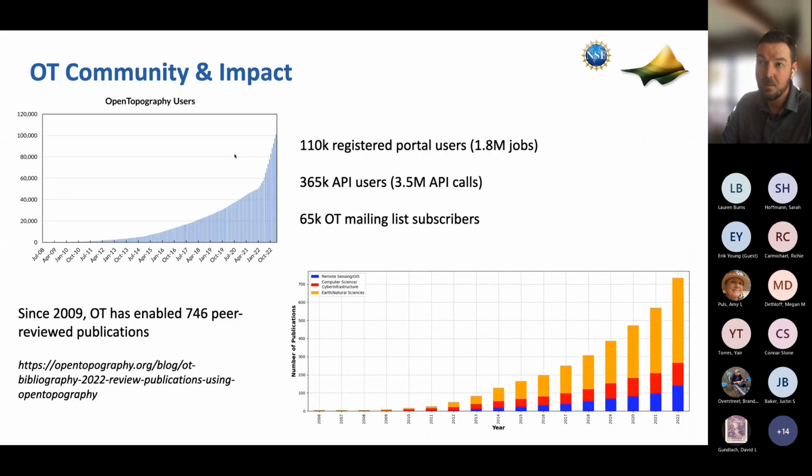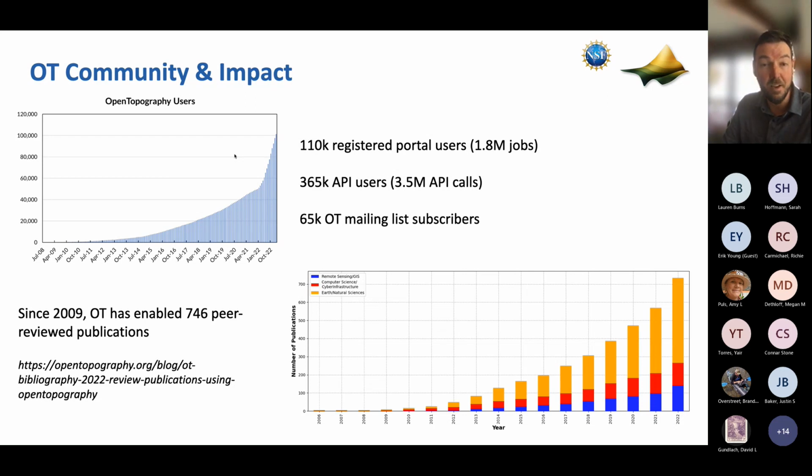And then just quickly about OpenTopography and who uses it. So we started in 2009 with a handful of data sets when LiDAR was still a relatively new technology. The amount of data in OpenTopography has really exploded, but so has our user base. So there's something like 110,000 registered users of OpenTopography,